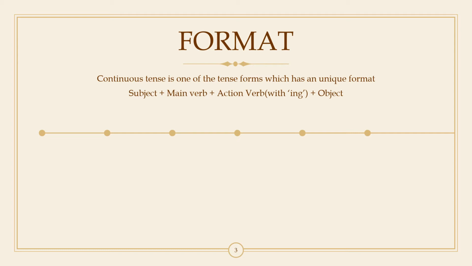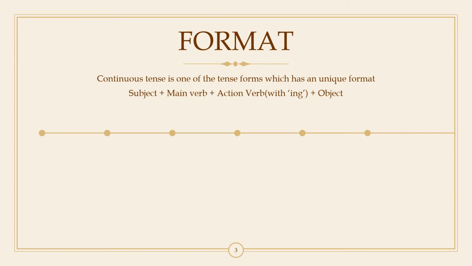So you could very well see that unlike many other tense forms, a continuous tense form will definitely come with two verbs. It needs to have one main verb, it needs to have one action verb. Only then can a sentence actually form a continuous tense, and qualify to become a sentence which is employing the continuous tense.